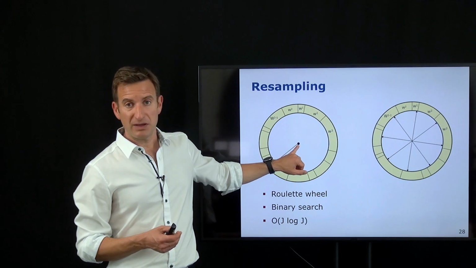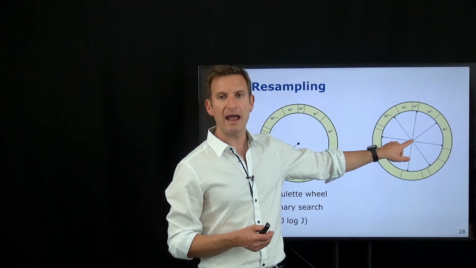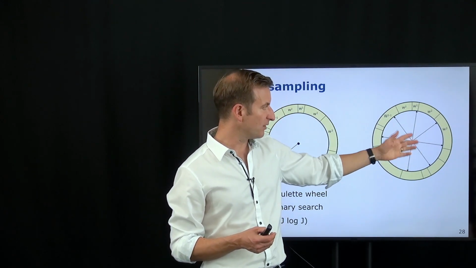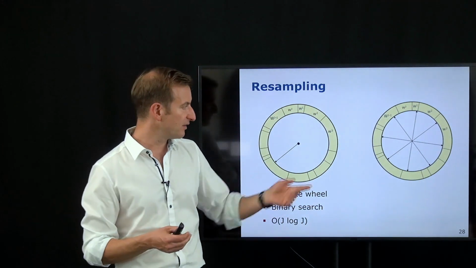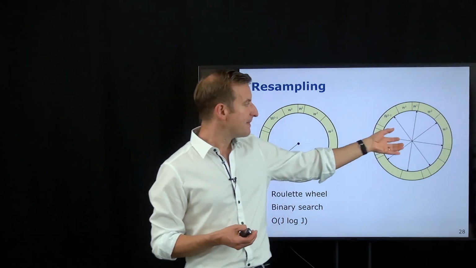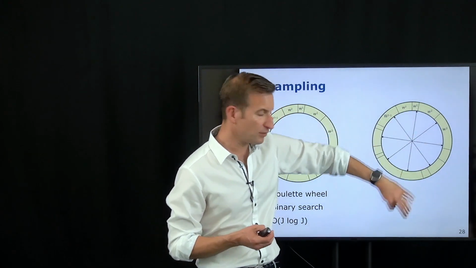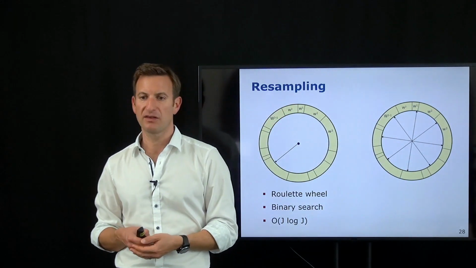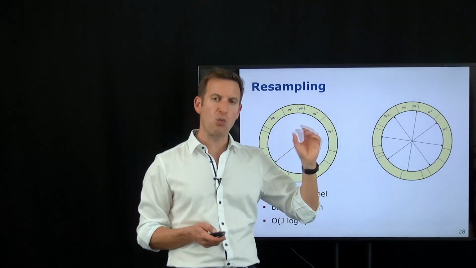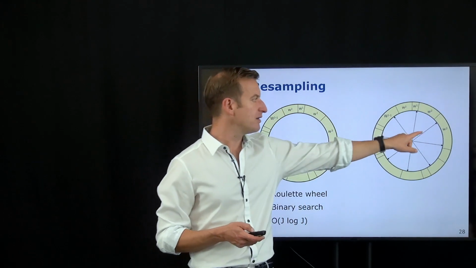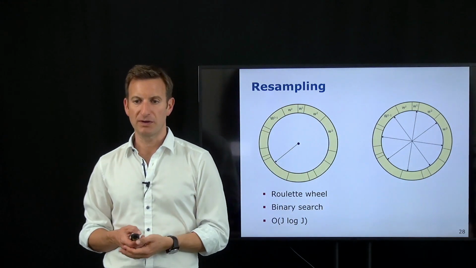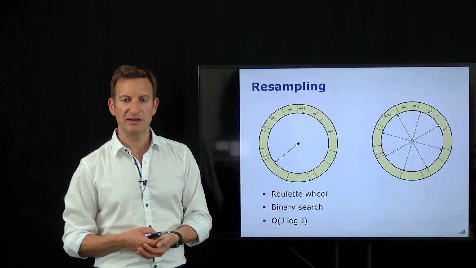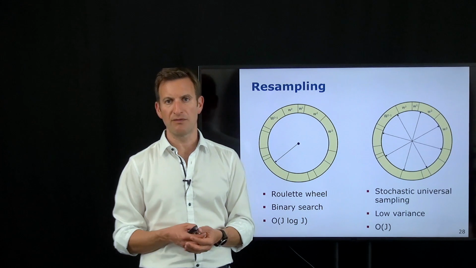Instead of one arrow that we have been using over here, we are now using n arrows, and they are distributed with an equal spacing in the angular space. So if I have 8 arrows, between all arrows there is a difference of 45 degrees, for example. And then I'm just turning those arrows once, and where all the arrows end up, these are the samples that I'm choosing. So I basically just draw one random number and not j random numbers, and then all the other samples are deterministically determined. This is basically how a draw of a full sample set looks like. And that's something which is called stochastic universal resampling, or also low variance resampling.